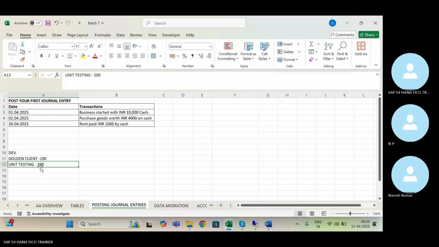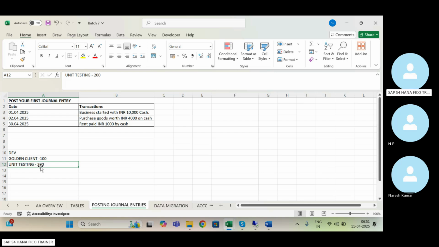Second step, if you are testing from Fiori, open the Fiori app that you are going to test. Then in between, whatever steps you are going to follow, you write the test script step by step, and it will go for client sign off. Once the client gives the sign off,